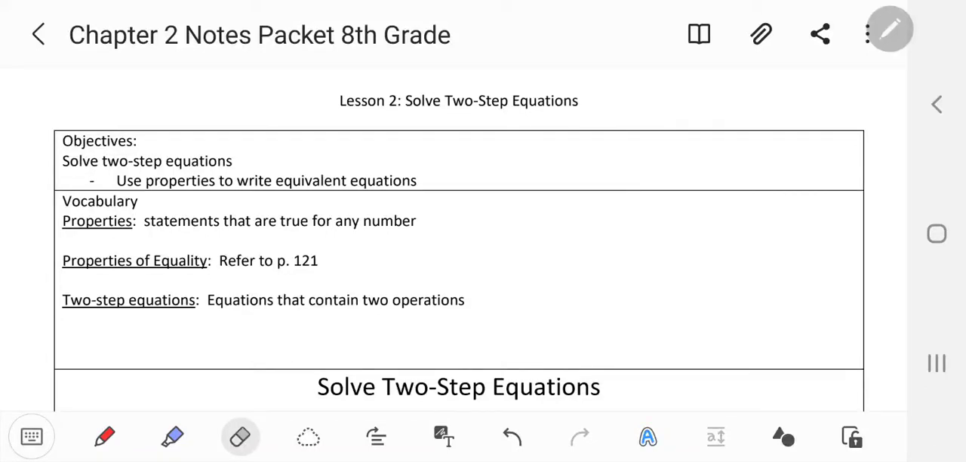So this is a big lesson here, solving two-step equations. All right, we just got done with one-step equations, so this is twice as much fun. Let's get after it here. All right, our goals today